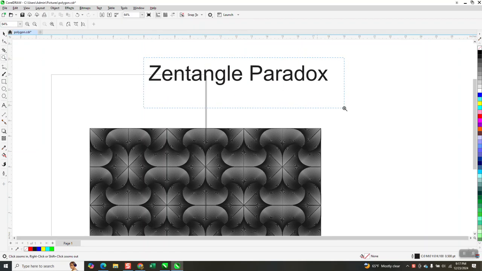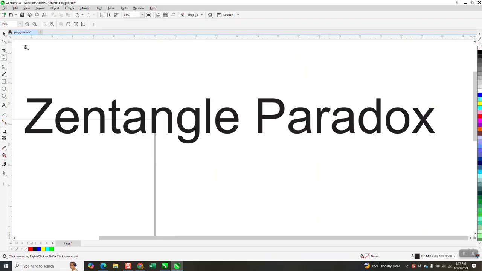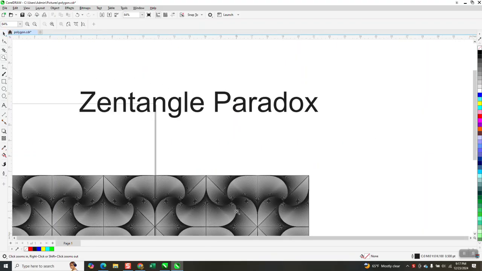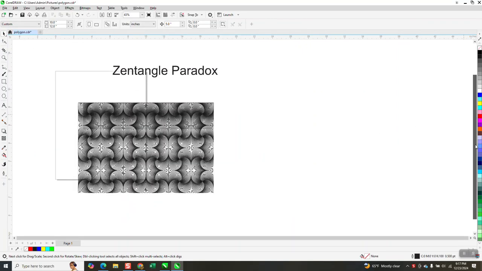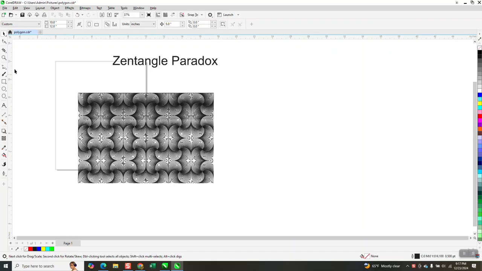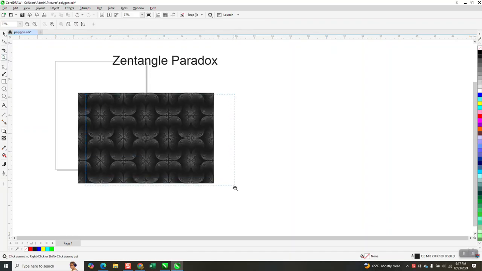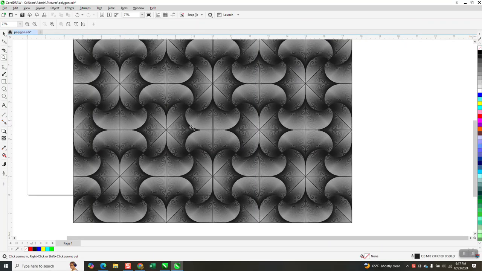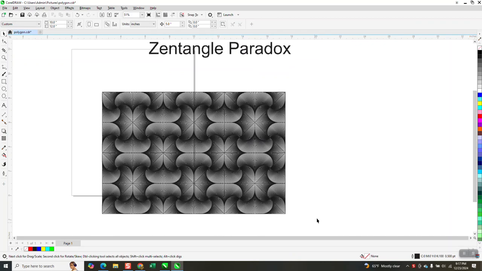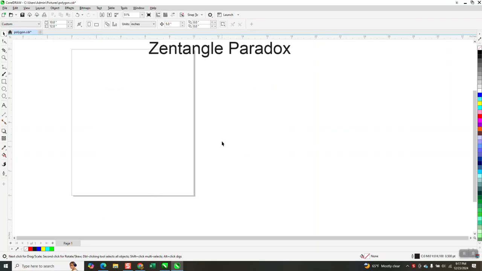This is part 3 of this Zentangle paradox. Pretty cool to play with. Started playing with it a couple weeks ago. Somebody was asking for some help, and I just got through creating this, and it's probably the simplest one to do. And I'm also going to delete it here in just a second because it's so many lines, it's messing with my computer. So I'm just going to delete it and start over. Can't even hardly delete it. Anyway,